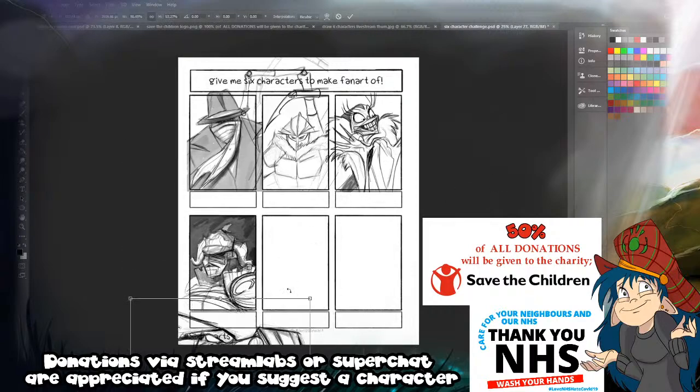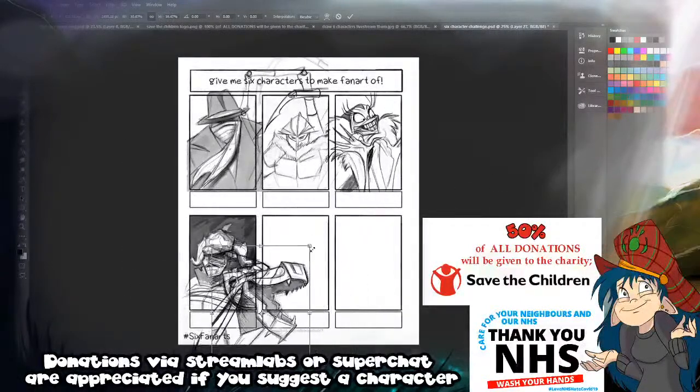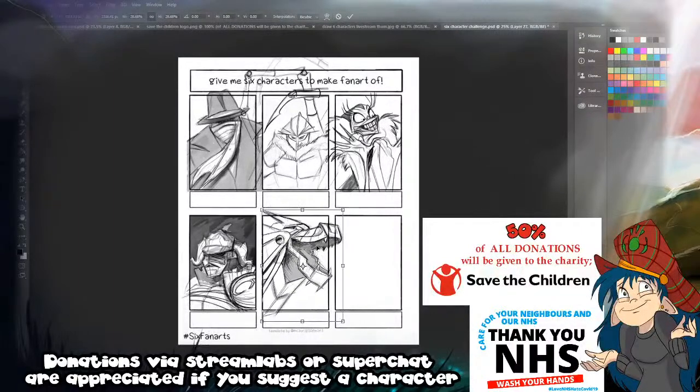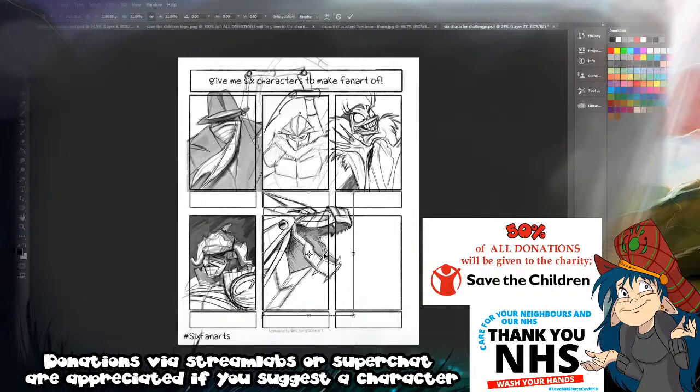Da-da-dum. I'm going to draw him coming out of the panel because it just feels right. Alright, so what was the final one again? I can't remember. H.P. Lovecraft. Okay.